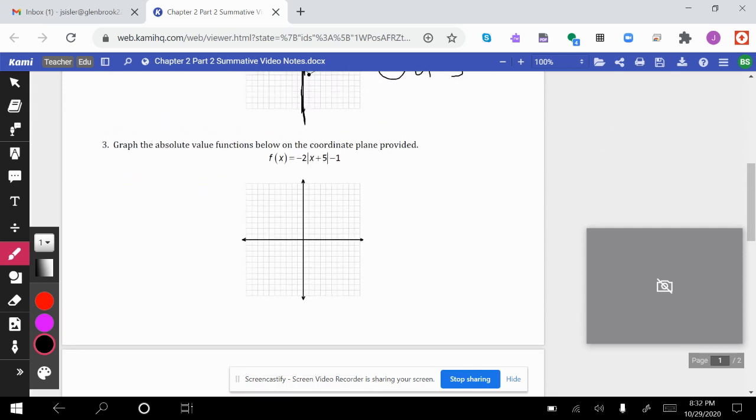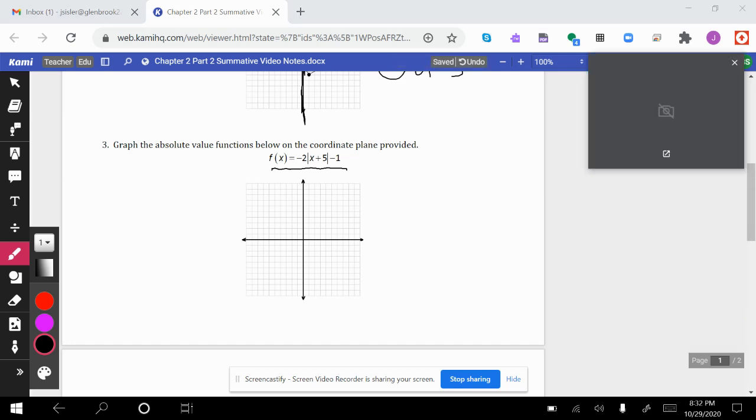So next we're going to graph the absolute value function below based on this equation. Okay. So first things first, remember our original absolute value equation is just f of x equals the absolute value of x. And on our graph, and this is imprecise, but it's our V that goes through the origin that has an up 1 over 1 slope, remember? So when we're graphing that,